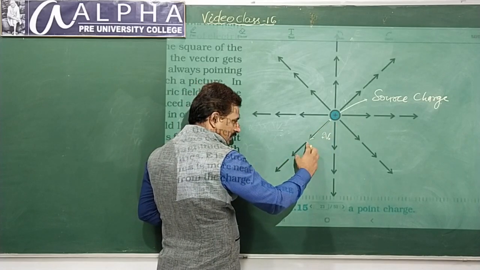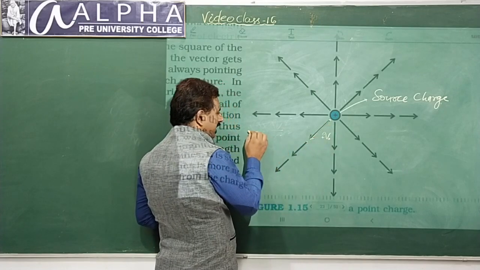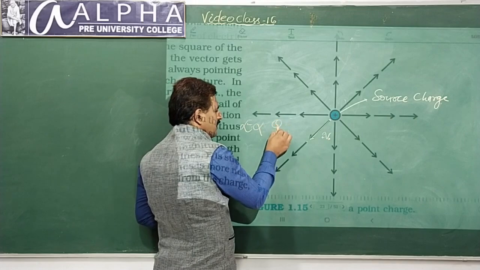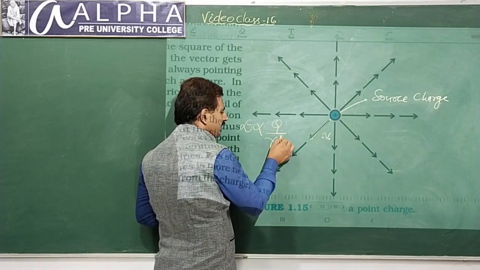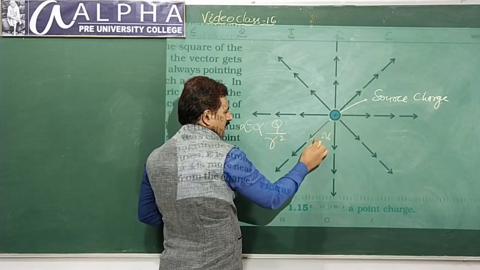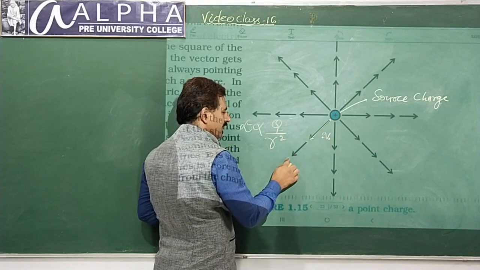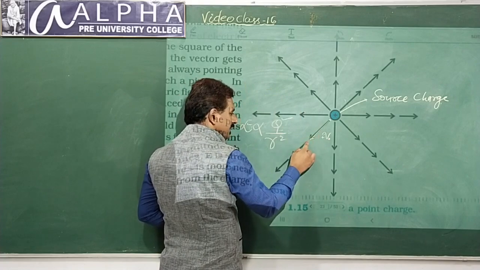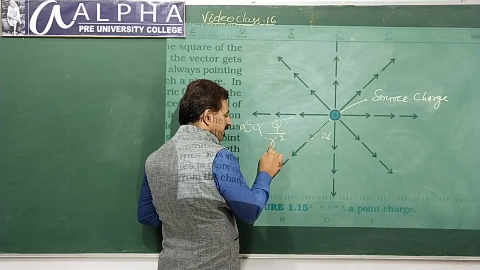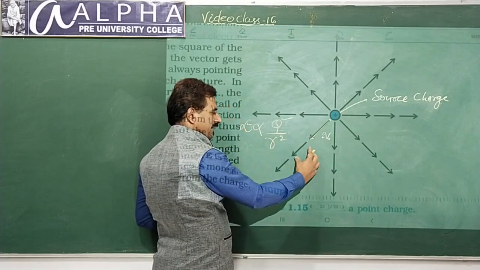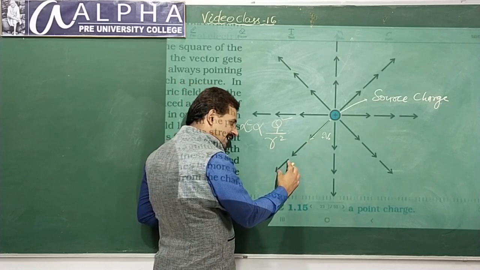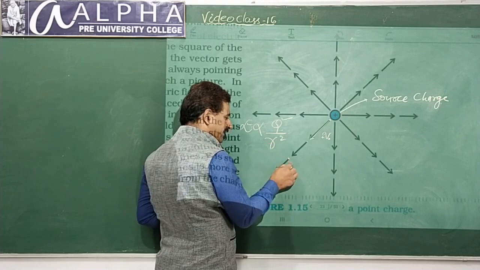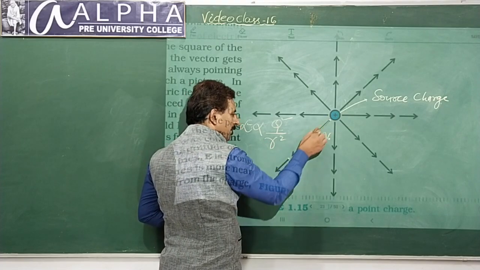But here it's shorter compared to this. Why? The idea is very simple. Electric field is proportional to the charge value and inversely proportional to the square of the distance. Same charge for the field here, right? The charge remains the same, but the distance is more here. When distance is more, the field is less. That's why the lesser length. Still lesser. The field is still lesser. Why? Because the distance is still more compared to that here.